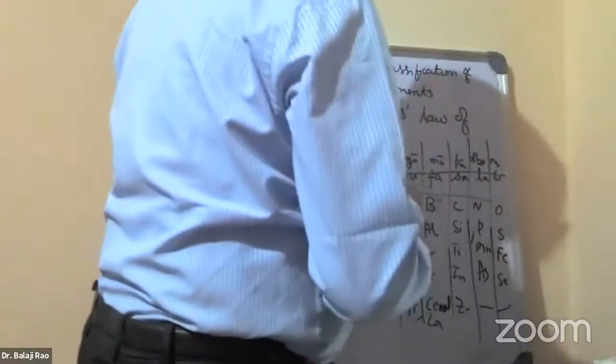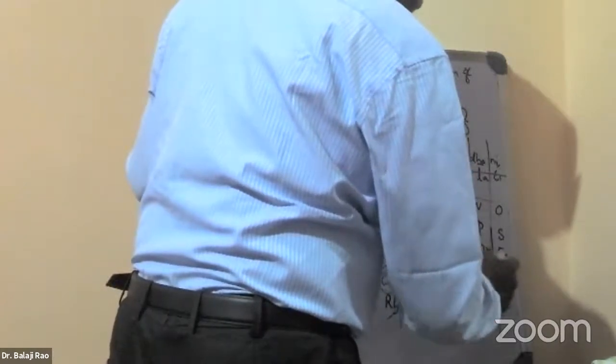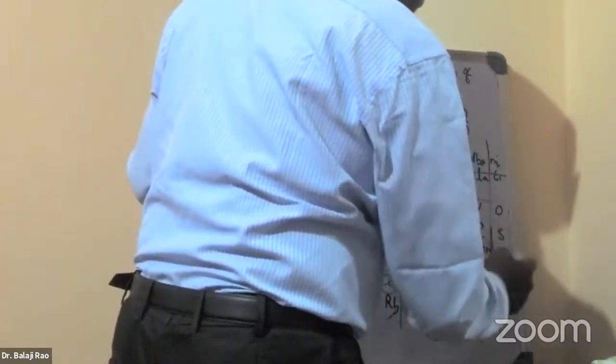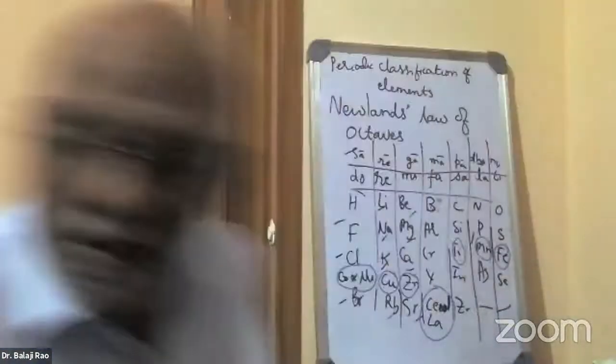So let me take out the ones that are not in place. I'll use a different color if possible. I'll encircle this, I'll encircle this. I'll encircle zinc. I'll encircle cerium and lanthanum. They're special elements in a way. Then carbon, silicon, titanium, let it be. Now, manganese doesn't come there. Iron doesn't come there. So these are some oddities that were found in the periodic table given by